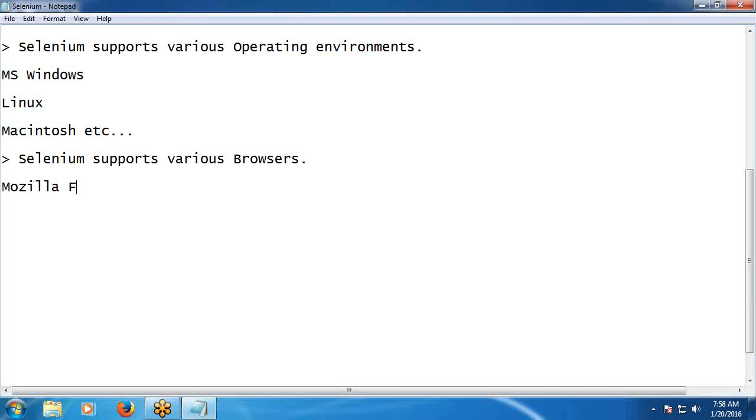Mozilla Firefox, next Internet Explorer, Google Chrome, next Safari, next Opera, etc. See, the first three are the only industry leading browsers: Google Chrome, Mozilla Firefox, IE. Okay. And here one note: